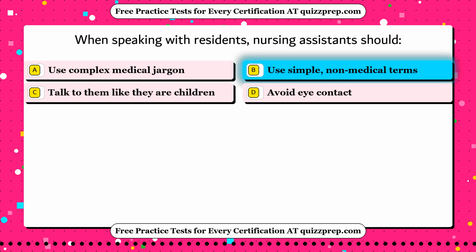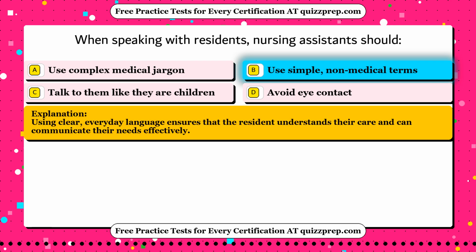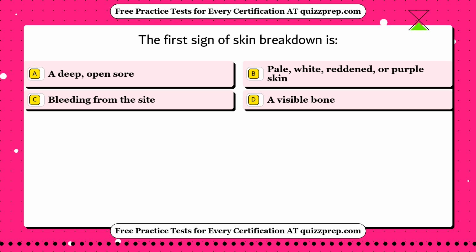The correct answer is option B. Use simple, non-medical terms. Using clear, everyday language ensures that the resident understands their care and can communicate their needs effectively. Question 31. The first sign of skin breakdown is: